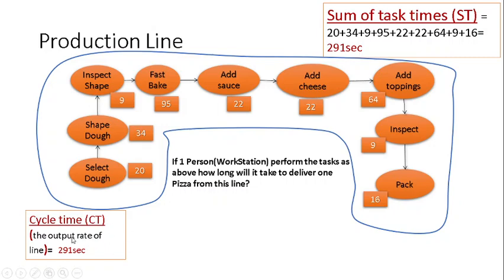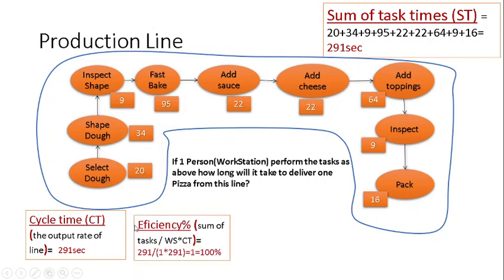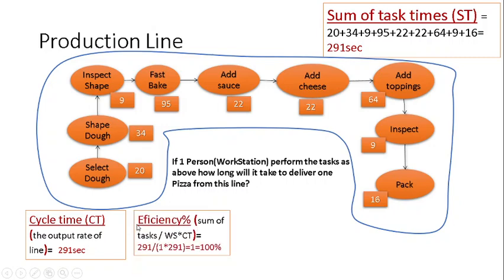And this is what we call the cycle time of our line. Now, as soon as we define the cycle time, which is the output rate of our line, we can define the efficiency as a percentage, which is actually a fraction where we divide the sum of the tasks time, which is 291 here, over the workstations times the cycle time. In our case, we have one